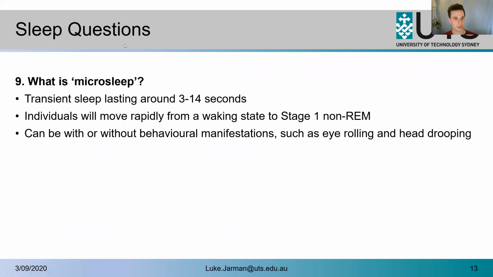Okay, so then we have microsleeps. A microsleep is a transient sleep that only lasts around 3 to 14 seconds. Humans aren't supposed to have microsleeps. There are some species, for example, a species of dolphin in Pakistan that lives in a river, and it sleeps purely with microsleeps. It sleeps about 7 hours a day, but in 3-second bursts, which is very strange. But human beings are not really supposed to have microsleeps, but it can happen.